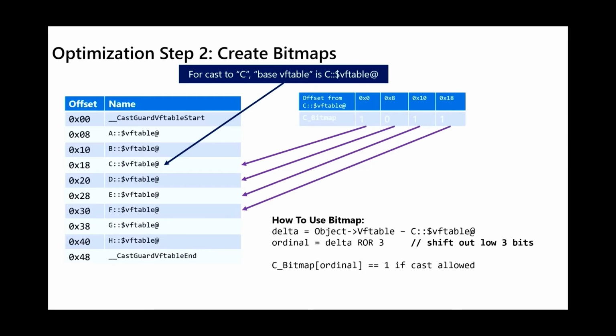And so when you want to use this bitmap, what you end up doing at runtime is you compute the difference, the delta, between that base vtable, which we know statically at compile time, the base vtable will be the C vtable. You compute the delta between that and the object's vtable that you read at runtime. And you figure out how many bytes apart are these things. And then depending on the alignment of the bitmap, in this case every index in the bitmap represents 8 bytes, so we shift out some of the low bits of that delta. And now we have an offset, or an ordinal. And you can use that to go and look up in the bitmap to see, hey, is this bit a 1 or a 0?